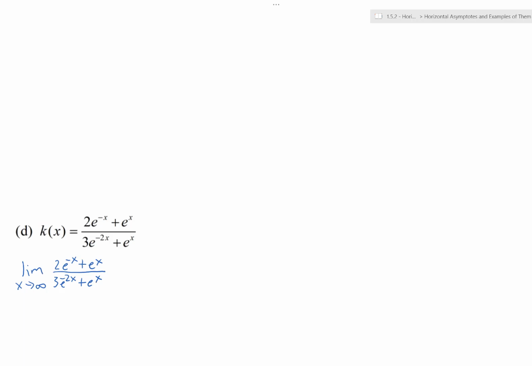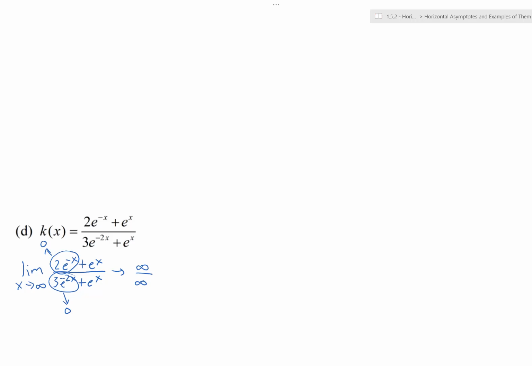So we can see right away that as x gets very large in the positive direction, that term right up there is going to go to 0. This term right down there is going to go to 0. And then we're left with e to the x over e to the x. So that's going to go to infinity over infinity. Now, sorry to tell you, infinity over infinity is not necessarily equal to 1. Instead, that's another example of an indeterminate form,